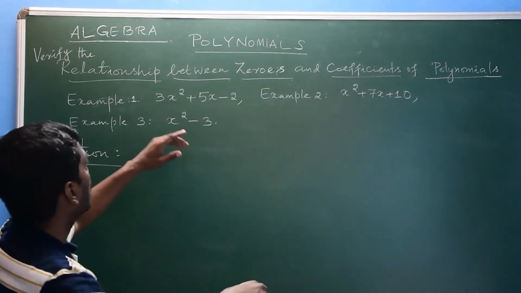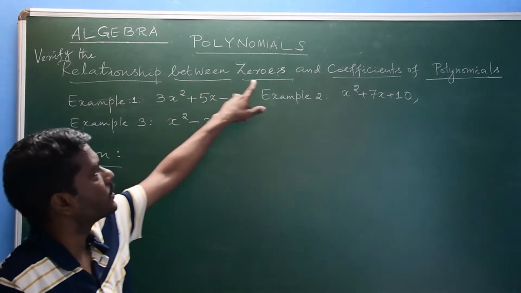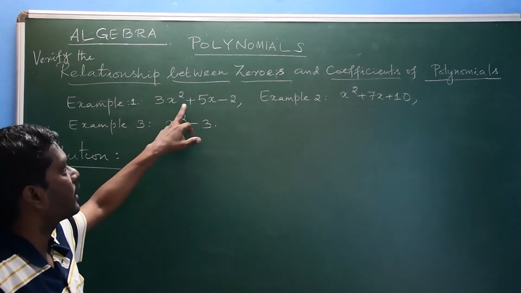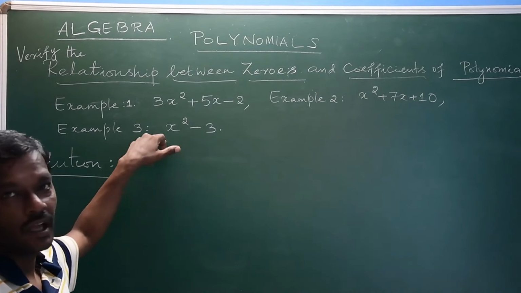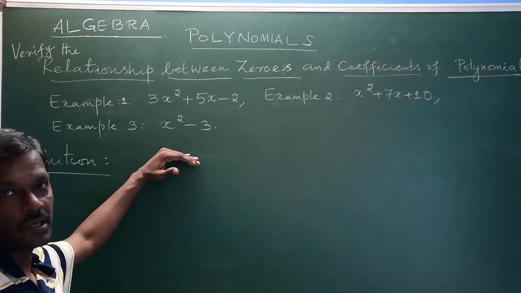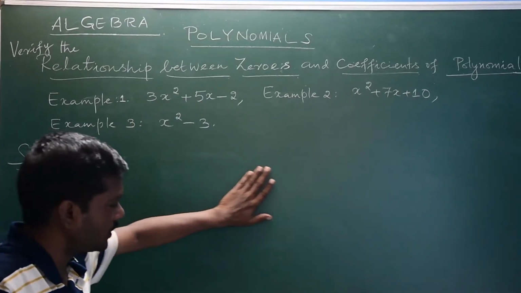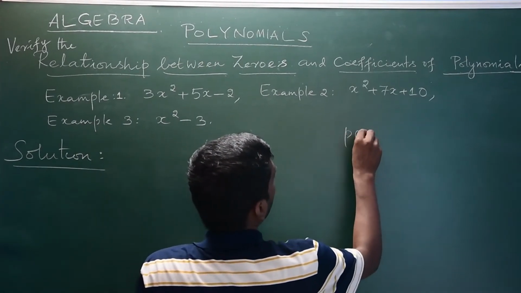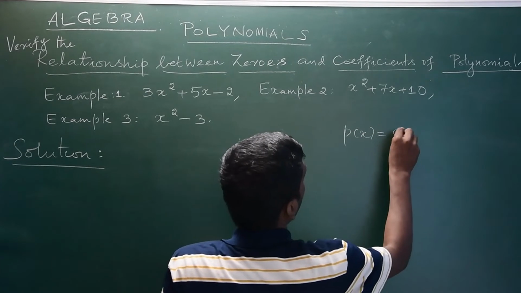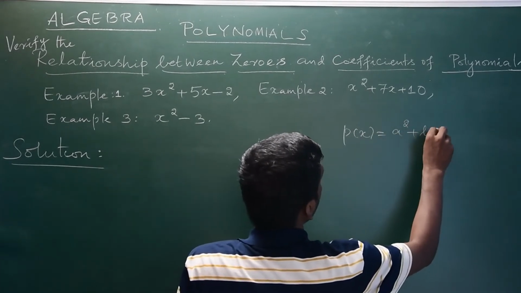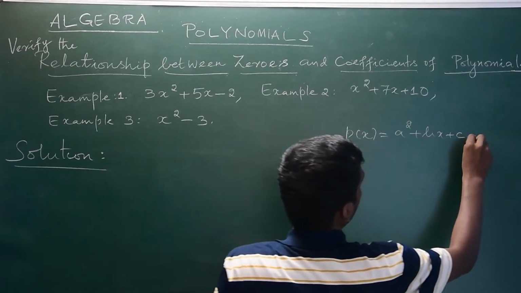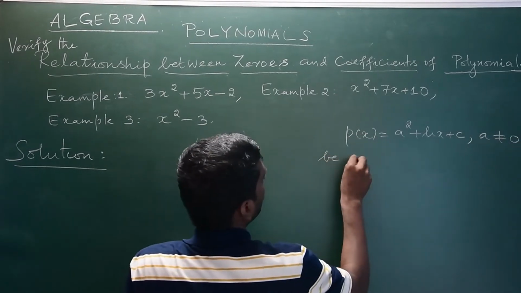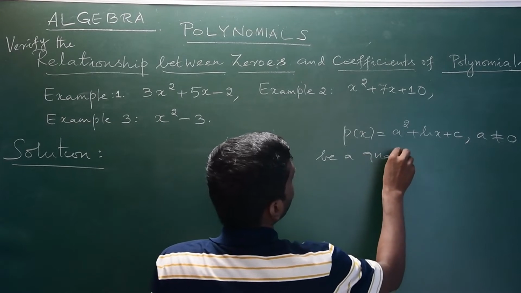Welcome back, students. Now we will verify the relationship between zeros and coefficients of polynomials. There are three examples given here, and we will verify the relationship between zeros and coefficients of a polynomial. Let us recall that if p of x is equal to ax square plus bx plus c, with a not equal to 0, a quadratic polynomial